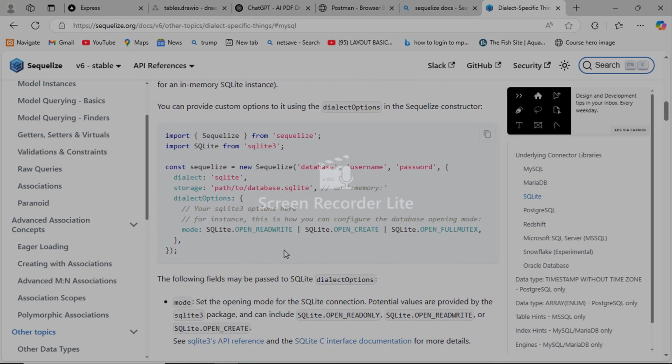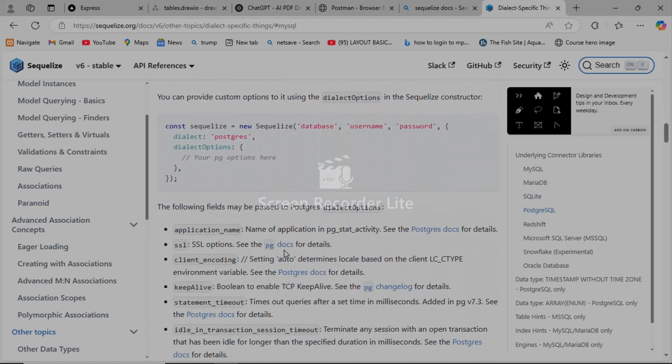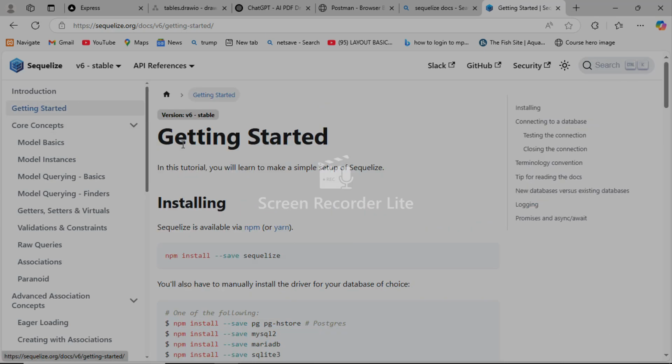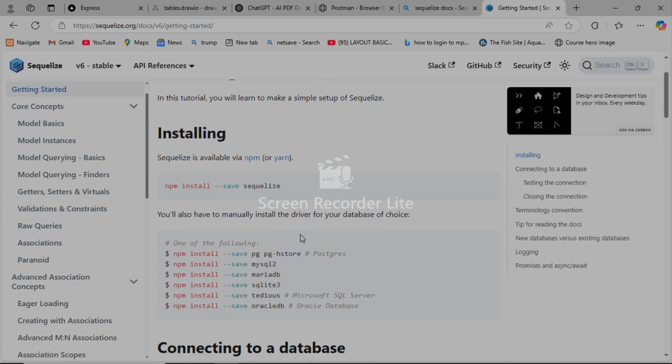You can connect with SQLite, SQL. Those are options. But if you check on getting started, after establishing a connection, you need to